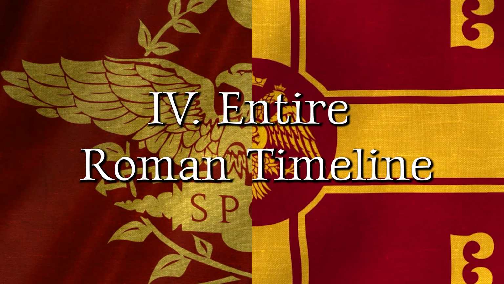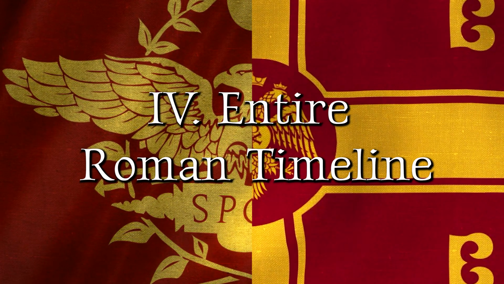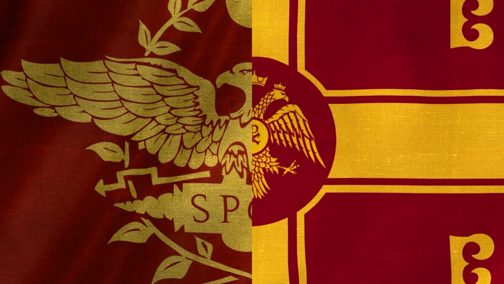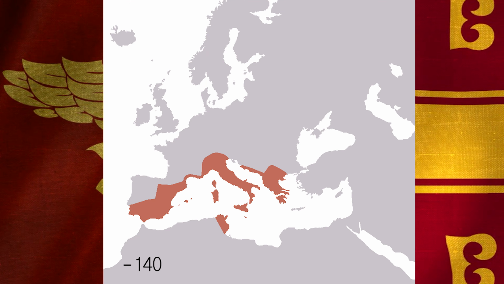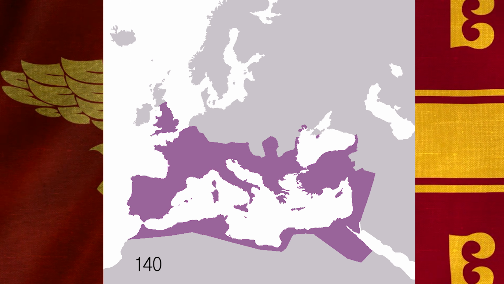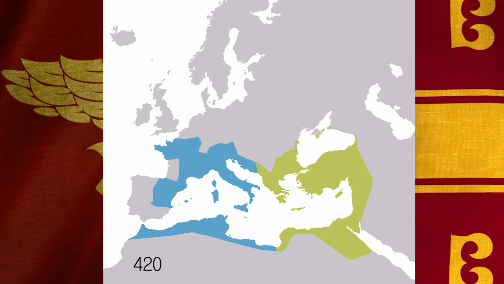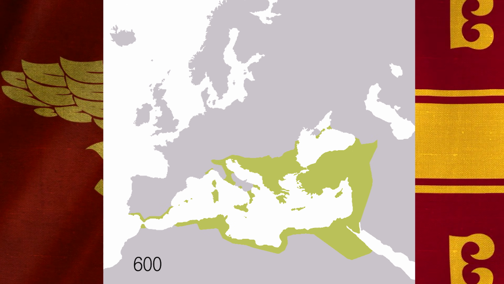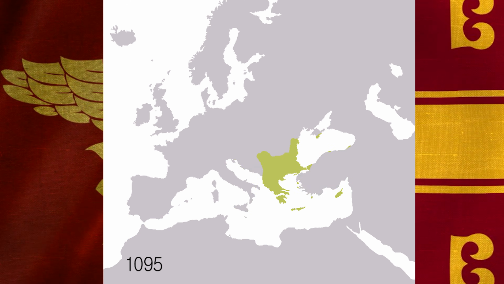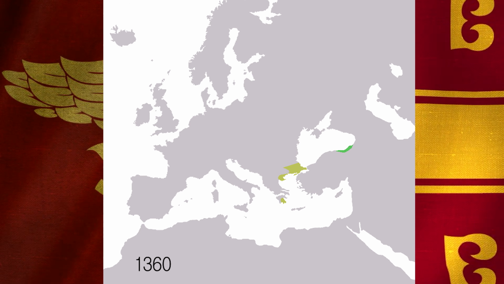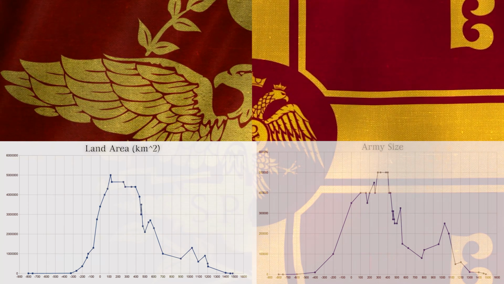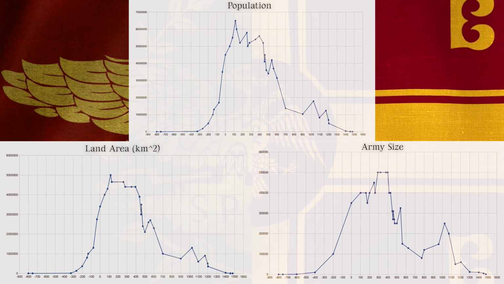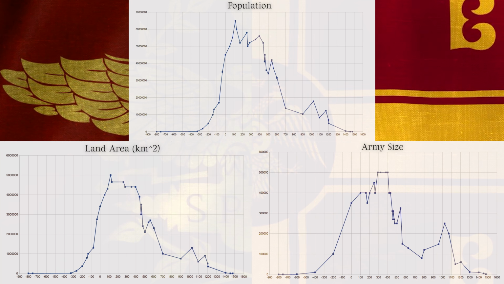4. Entire Roman timeline. We can now do an interesting exercise, if you will, namely plotting the entire 2232 years of Roman history, from the founding of Rome in 753 BC until the fall of the last Eastern Roman remnant state in 1479 AD. Let us plot the land area, army size and population, and marvel at this incredibly long time span and at